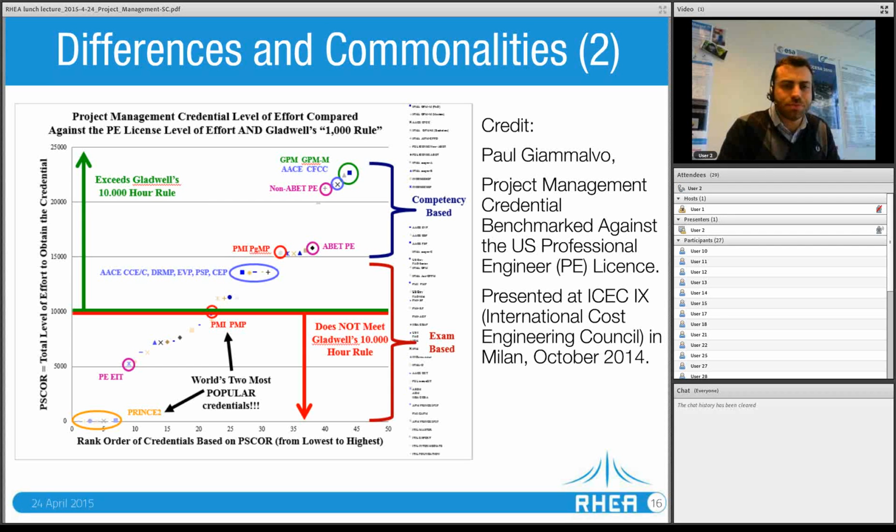The parameter this guy used was actually the hours. He put a threshold related to the hours required to get a US professional engineer license, seeing it as a widely recognized standard certification. Nobody can say that the US professional engineer license is not a valuable certification, so let's take it as a reference point, as a benchmark. And we can see here the PMP is actually getting there. It's at the level of effort of the US professional engineering license, while Prince2 is quite far away,